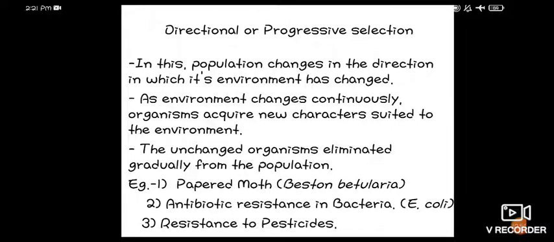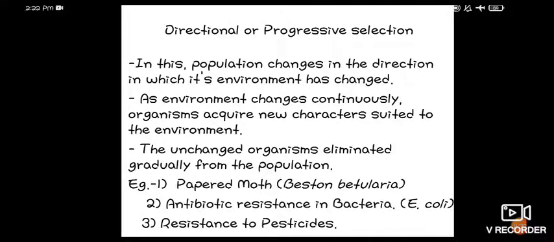As the environment changes continuously, the organism acquires new characters which are suited for that environment for survival. Now if the organism remains unchanged, it is eliminated gradually from the population because it is unable to get various kinds of resources from that habitat or environment, such as food, shelter, protection, or the particular reproduction